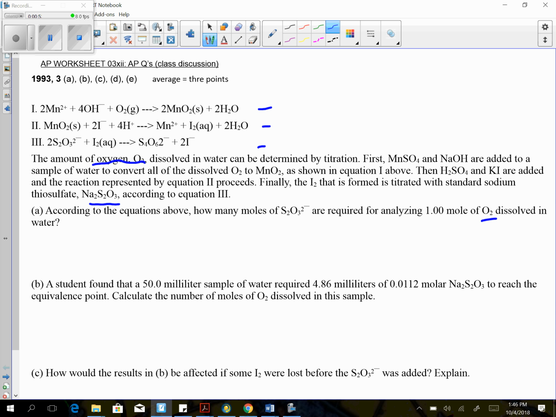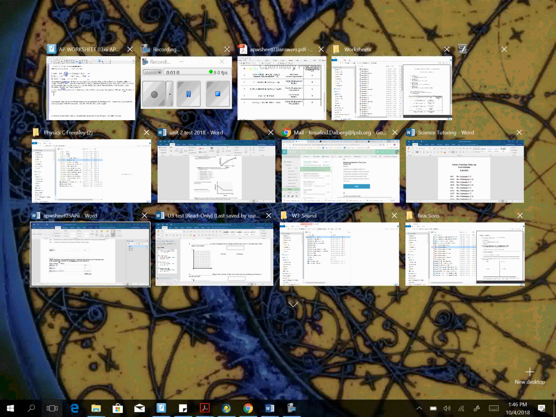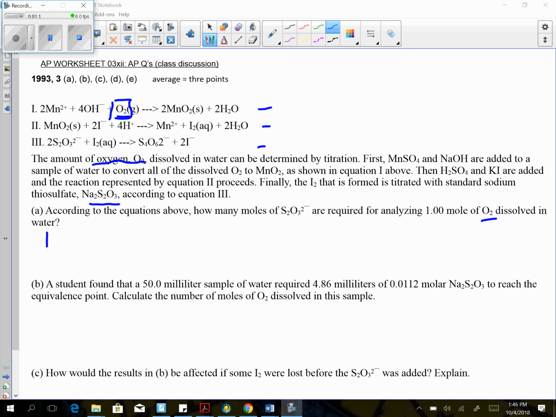If you want to know how much oxygen is dissolved in the water, you can kind of work backwards. If you have 1 mole of oxygen,